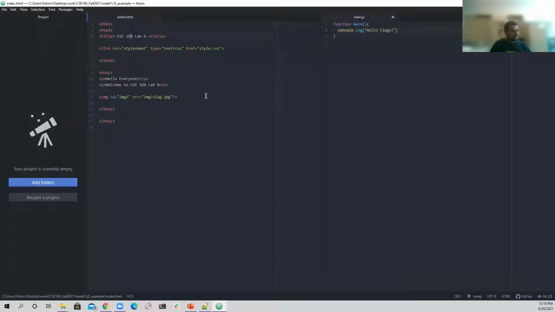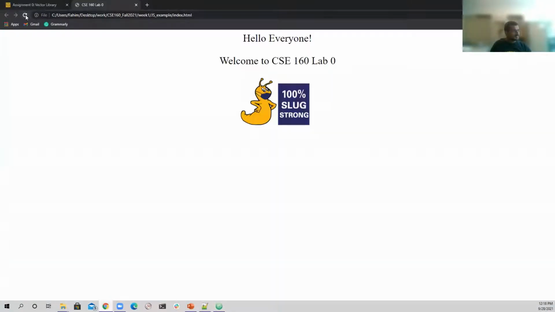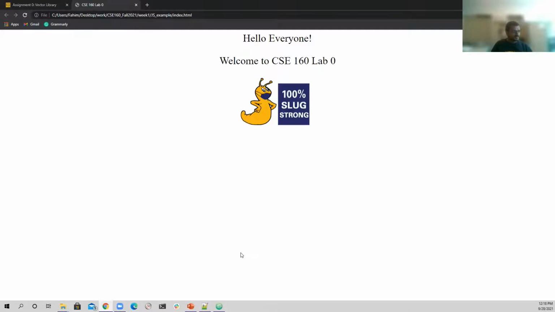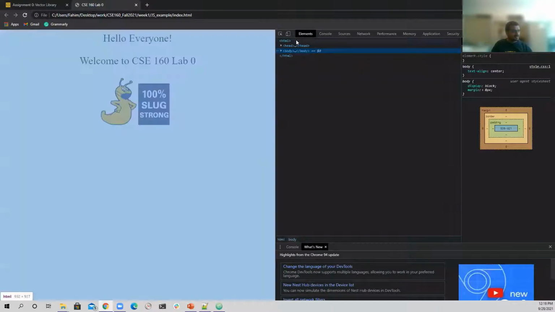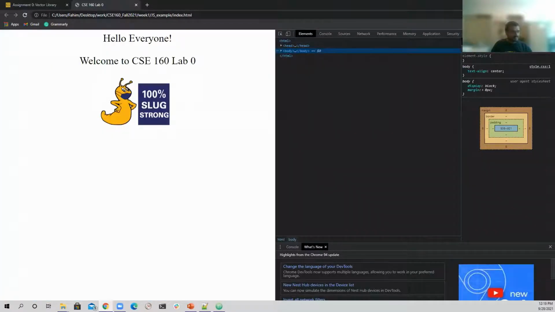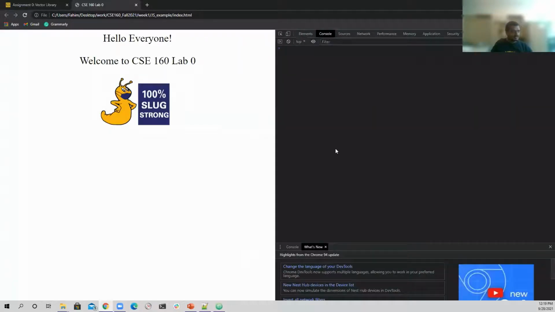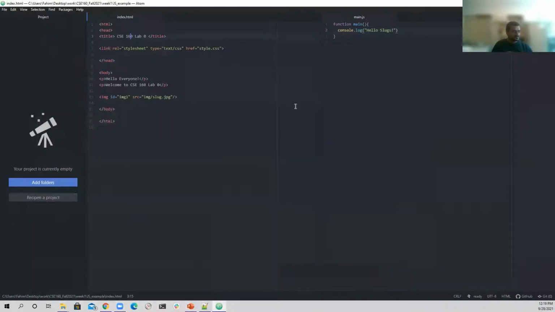I have a JavaScript file. If I refresh this page, nothing is shown here, right? Not even on the console. So at this point, you may want to open the console by using this inspect option. There is a shortcut for that. For Windows, that's Control-Shift-J. Let me do that. If I use this button combination, it gives me the same thing, but directly to the console. So there is nothing on the console. So that was not printed, obviously, right? I didn't even add the